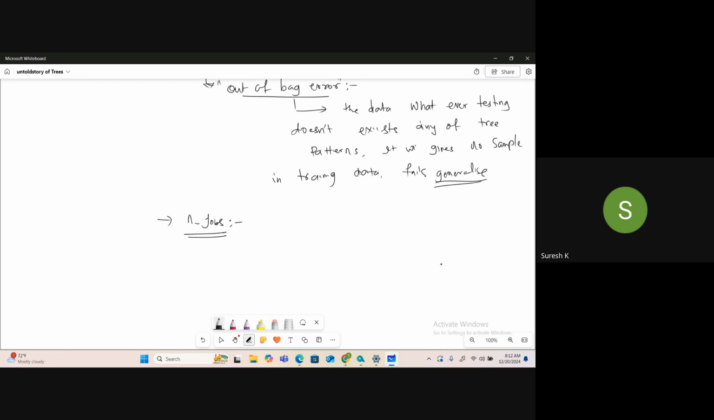If you want to run the trees in parallel, not sequentially, we will use number of jobs equal to -1. Yes or no? Yes. These are the story behind, the history behind the untold story of trees. If you can understand all these dynamics, then you will be like